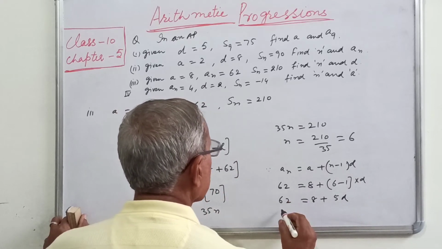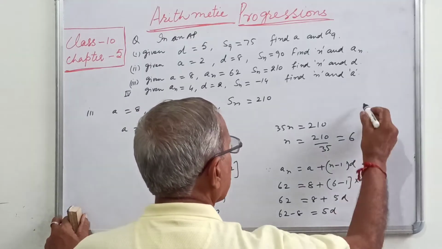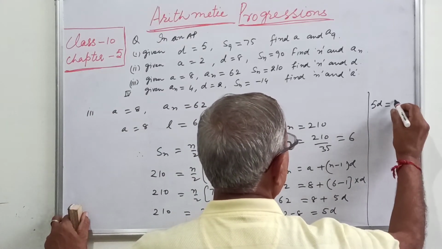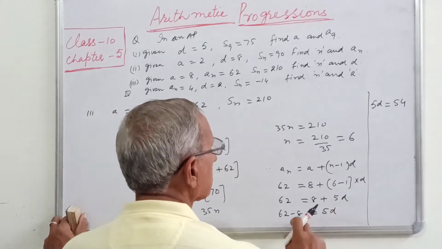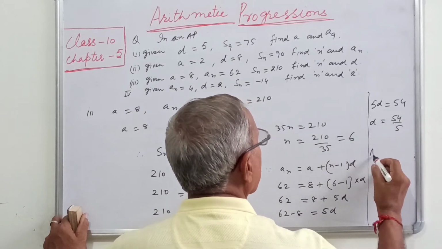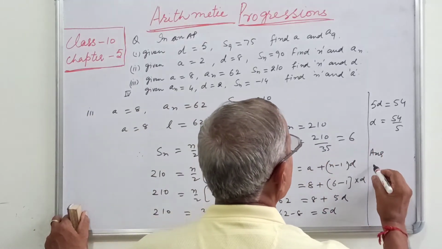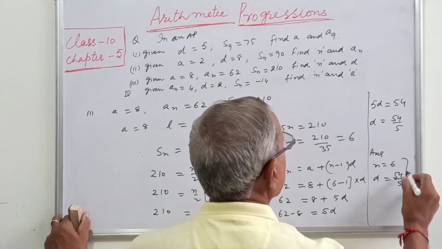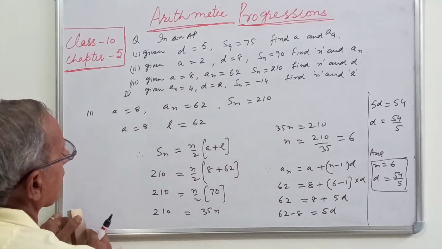So 8 को इधर किया तो क्या 62 minus 8 is equal to 5d. So 5d is equal to 54. 62 minus 8 is 54. So 5d is equal to 54 and d will be 54 divided by 5. The answer is n is equal to 6 and d is equal to 54 divided by 5. So ये दो आंसर हुए इस पार्ट के. Next part is